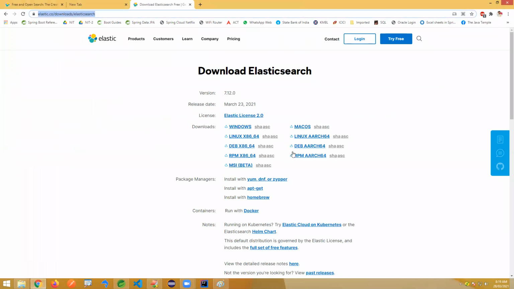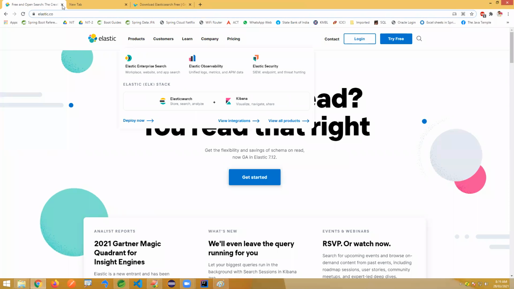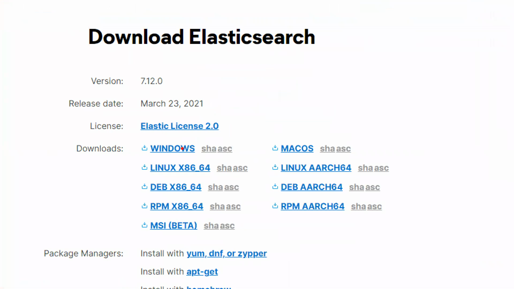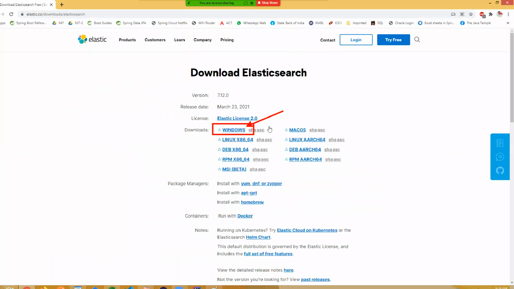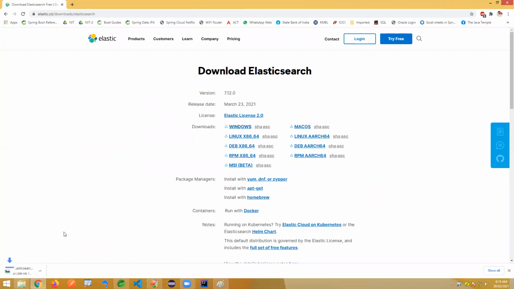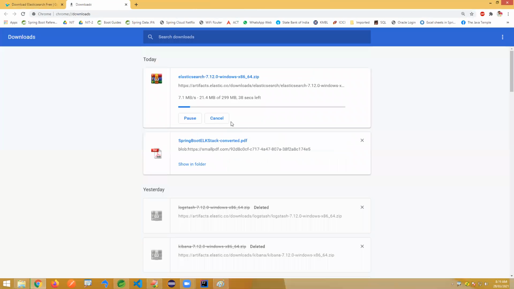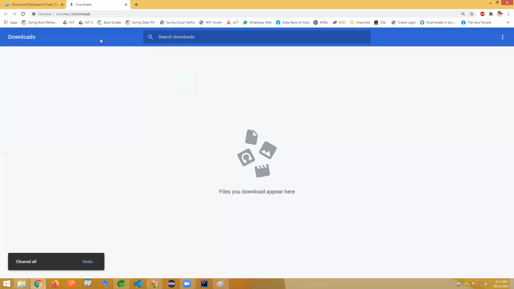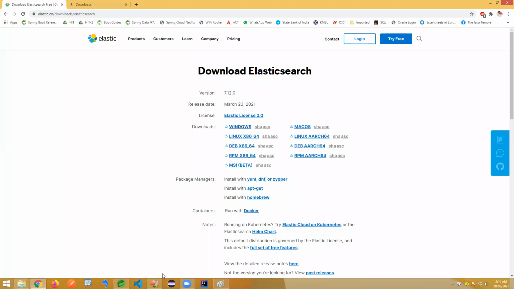Here I'm using the Windows operating system, so you can download whichever software you want to use. I'm working with Windows here, so I'm using this one. Click on Windows and it will start downloading. I'm just cancelling, as I have already downloaded this.